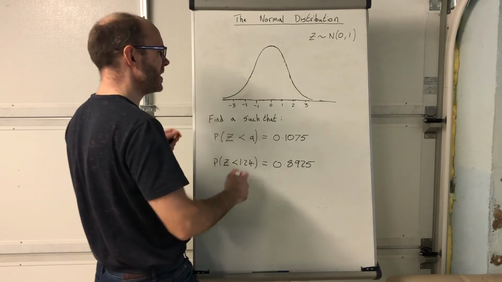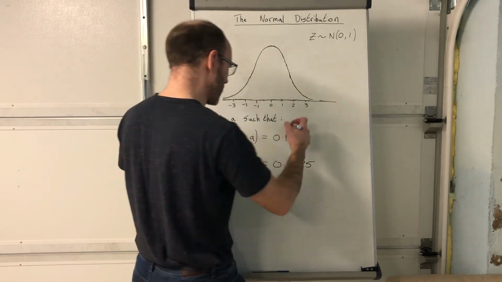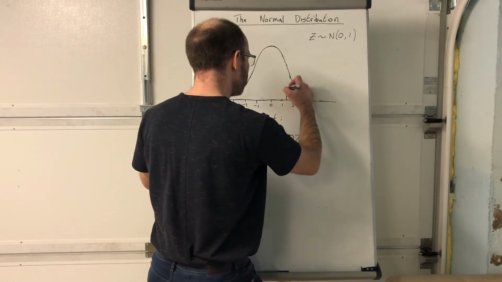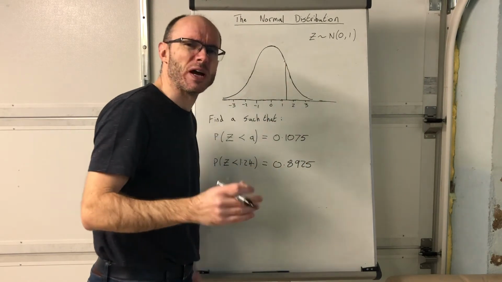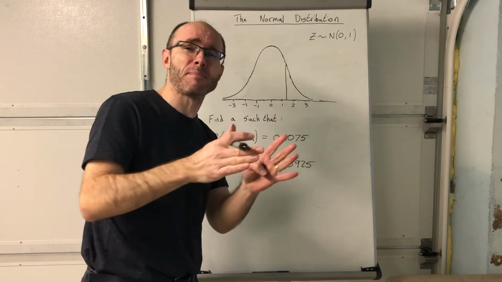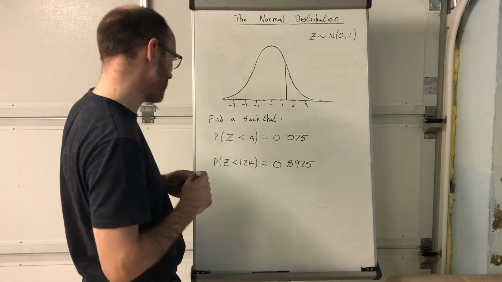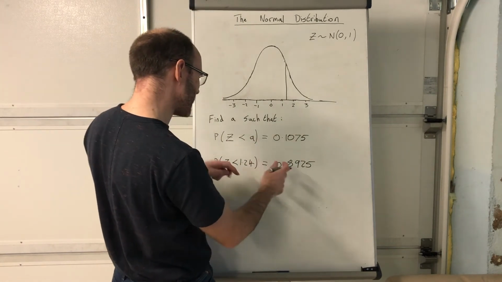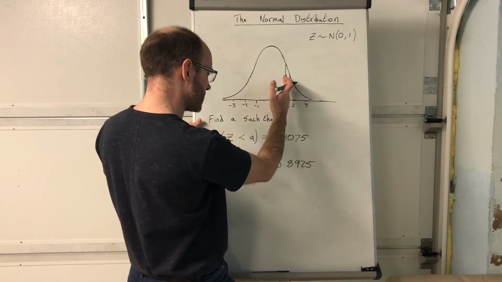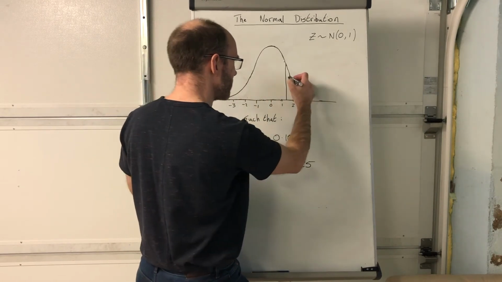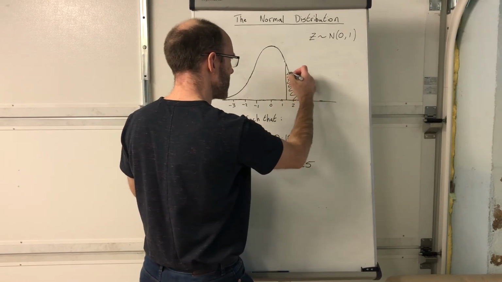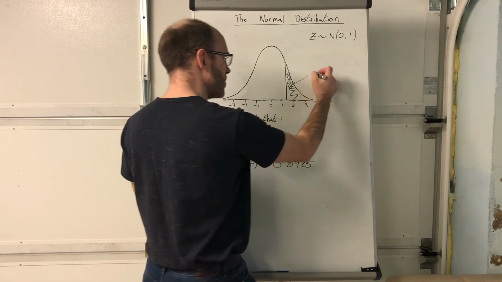So what actually have we found? Let's just have a look. Notice how I'm using these diagrams quite a lot. They do give you a good idea of what's happening. These are extremely good visual aids to show you what is actually happening here. So we found the probability of up to 1.24, and let's just have a look at the shaded area, shall we? That shaded area is the